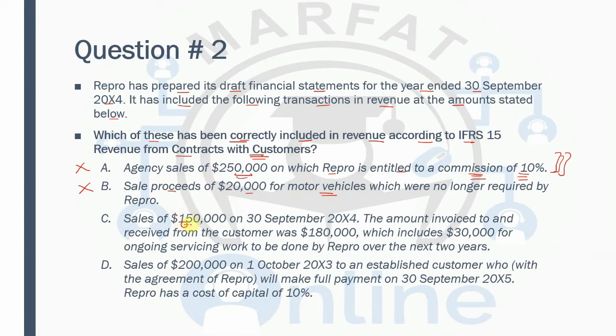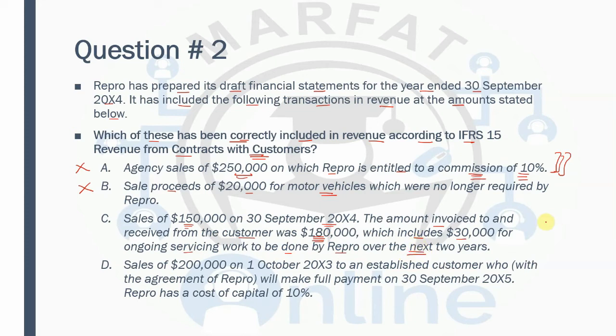Sale of 1,50,000 on 30th September 20x4. The amount invoiced to and received from the customer was 1,80,000. So if the amount is 1,80,000, why have they recorded 150,000? We have to read further, which includes 30,000 for ongoing services, work to be done by Repro over the next